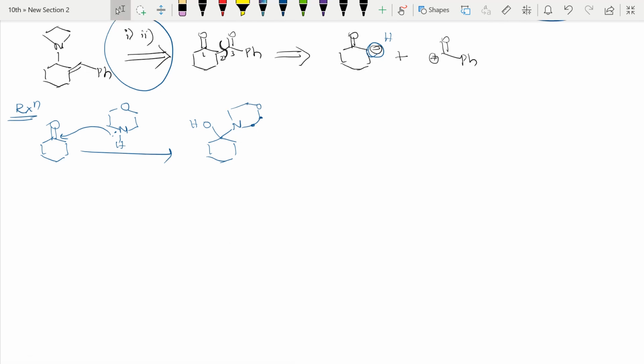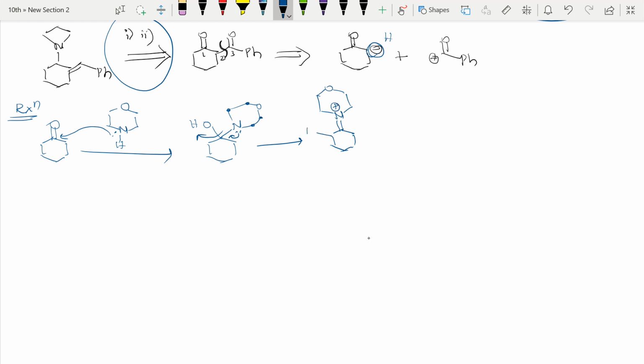See, 4 carbon, 1 nitrogen and 1 oxygen. I hope you are getting it, right? These are the 4 carbons. Further what happens, it has got a lone pair, it will give here, this will go as OH minus. Here water will be there in the surroundings, it will take the proton and go as water. So here we will get like this N, this is morpholine, and nitrogen gets a positive charge.